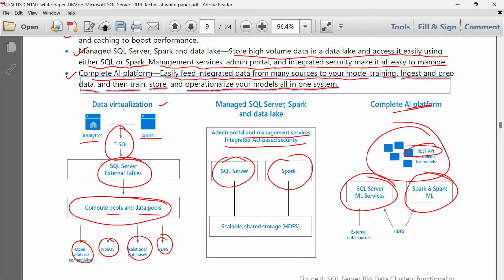Now the external data source may vary. It is not fixed that it will be a conventional storage system or a Hadoop system. It may be any kind of external data source.